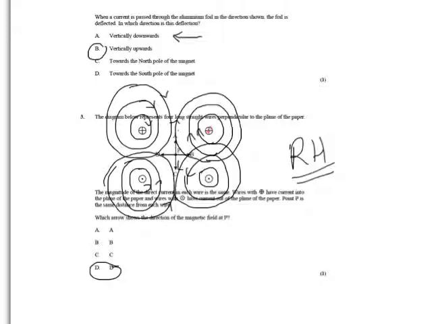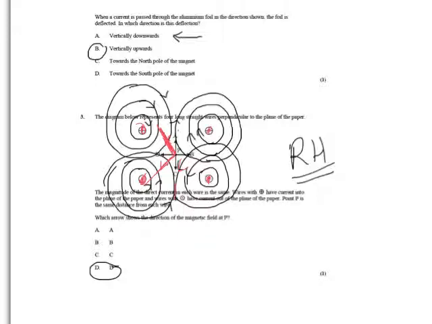This one here has a resultant force this way, acting at P, in that direction. This one here has a force acting this way. This current here has a force acting again in this direction,